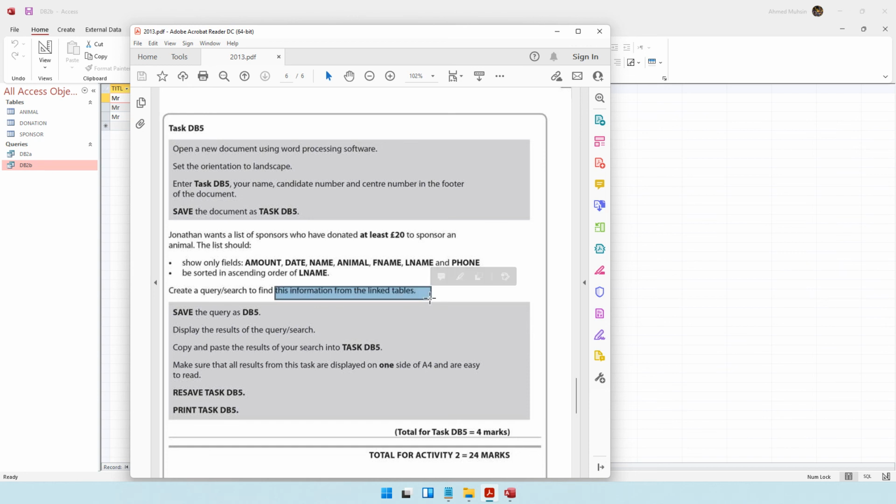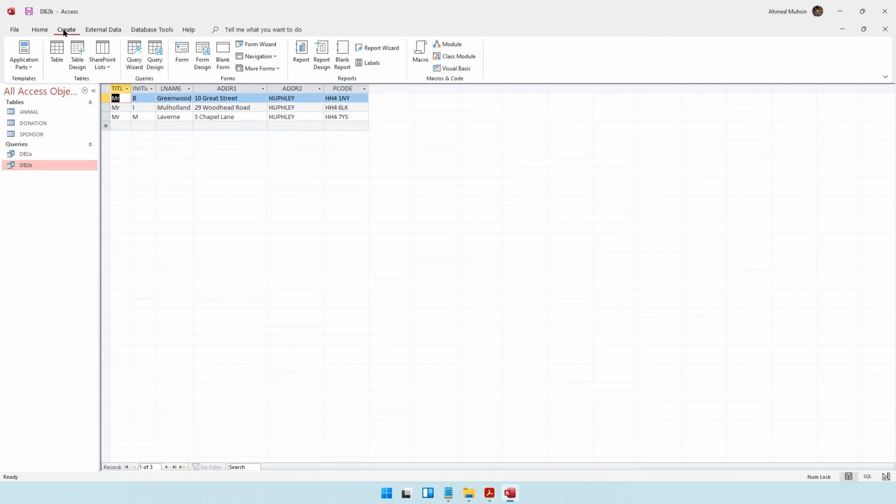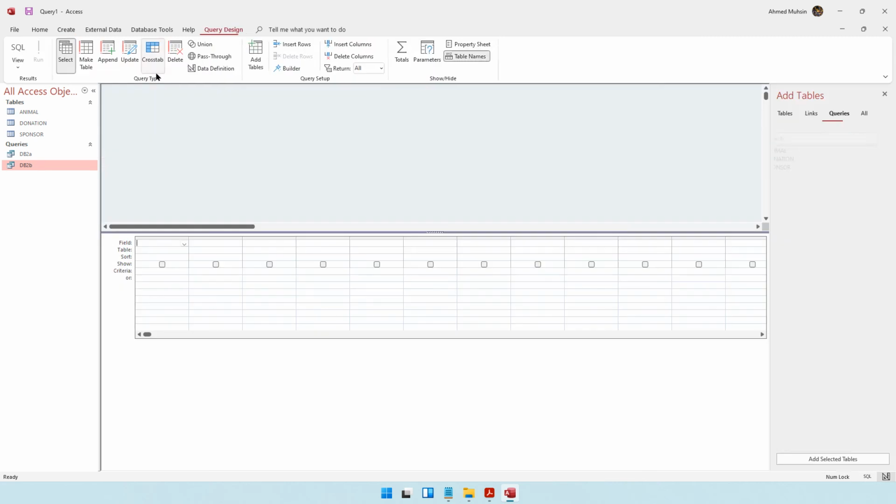And this is only possible when a relationship has been created. If a relationship was not created, you cannot get information from multiple tables. The relationship has to be created, thereafter you can extract or retrieve information from multiple tables. Okay, so let's go ahead, let's click on create query design, and we will be using all three tables now: